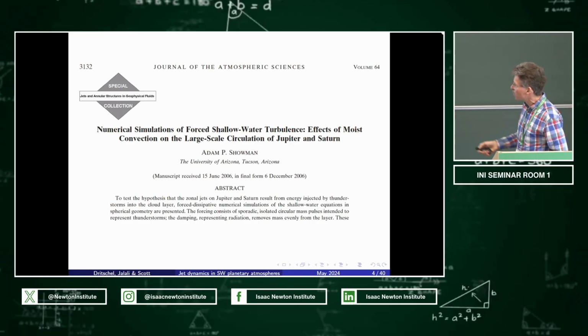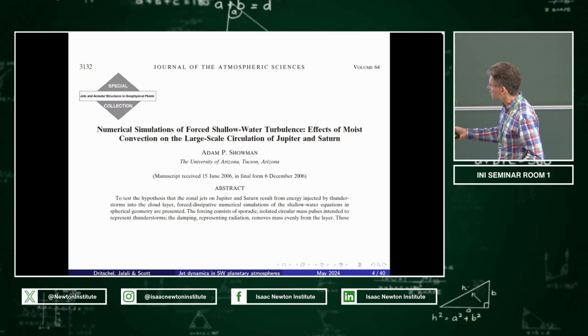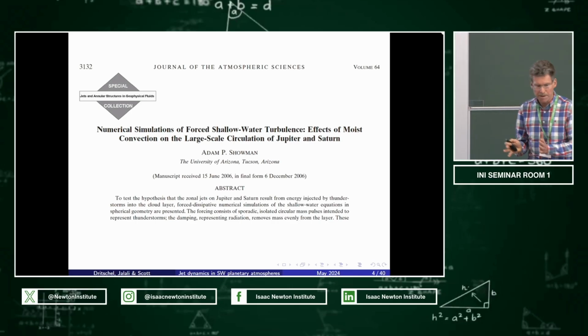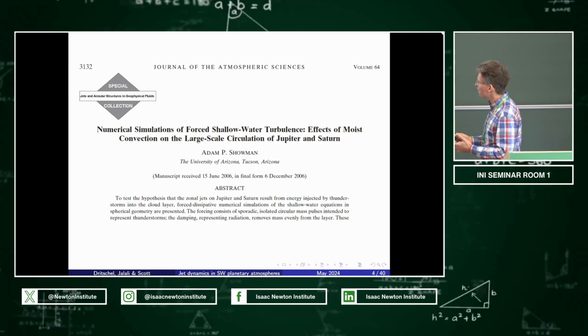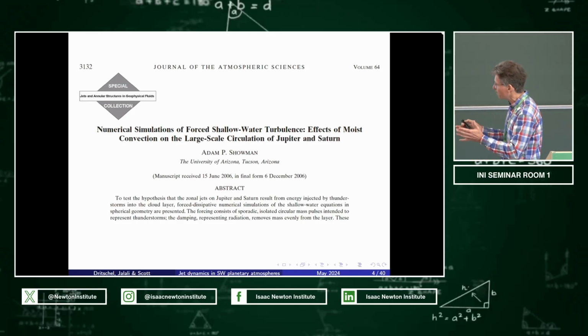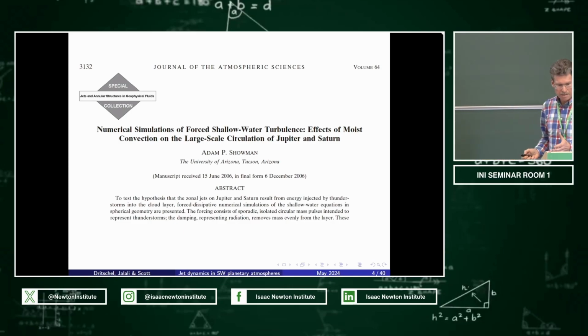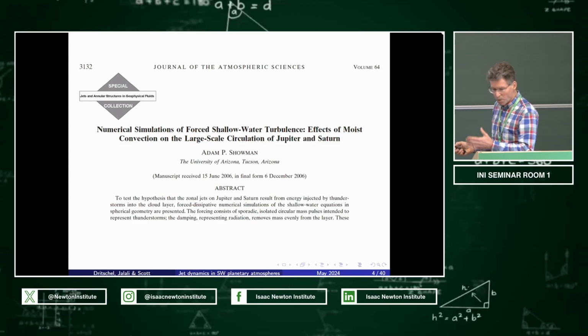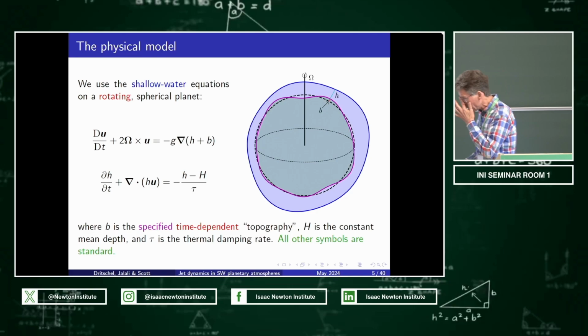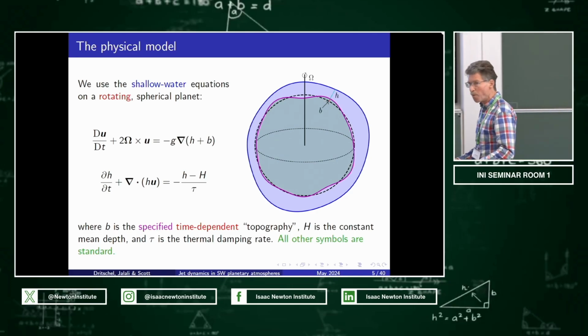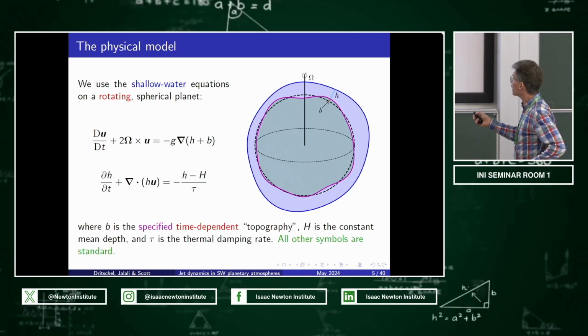So Adam Shulman was the first one to consider this. He looked at a sector model on a sphere, some simplified version of the forcing, didn't really do a full planet study, but some elements of the formation of jets were seen in this study, and it's the same special issue on the subject. To get to the problem before I run out of time, so we're going to consider